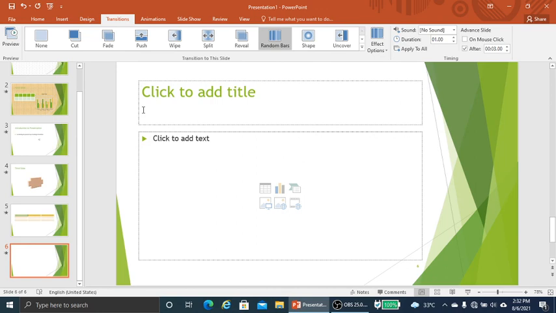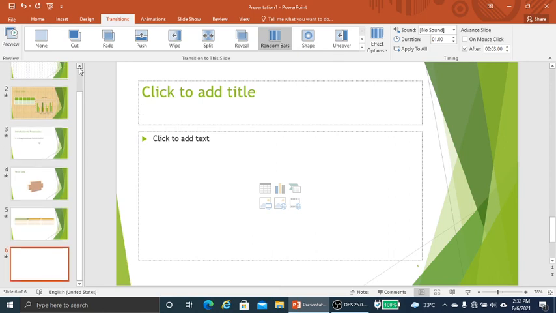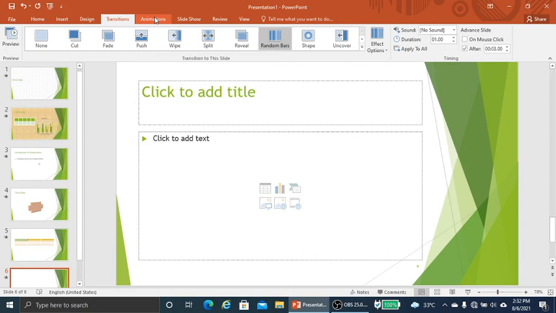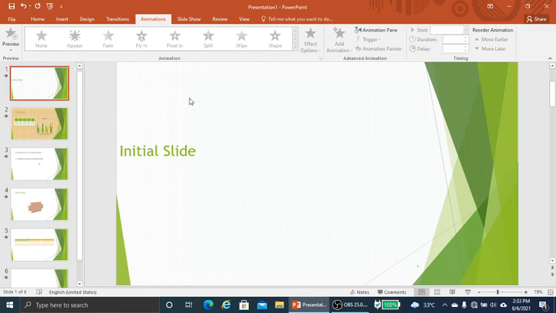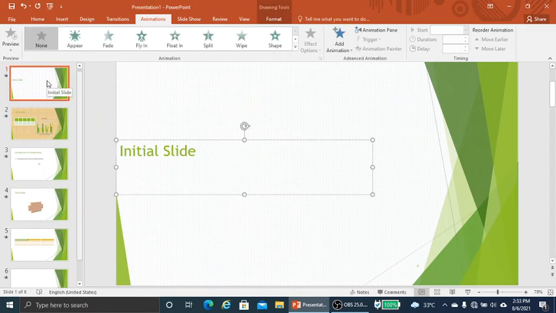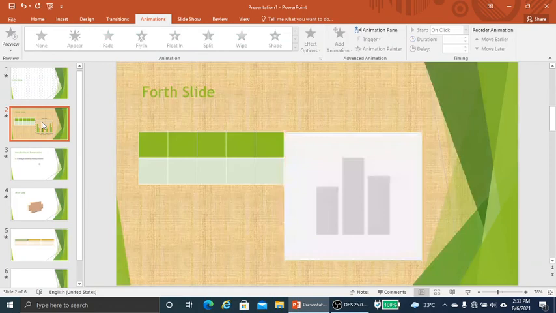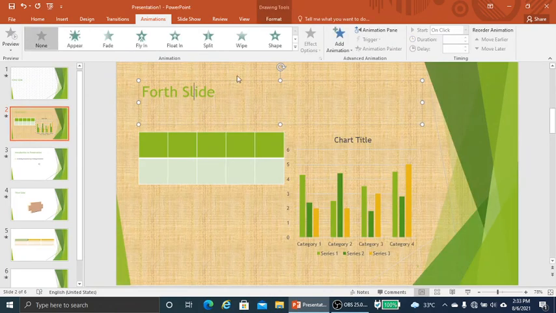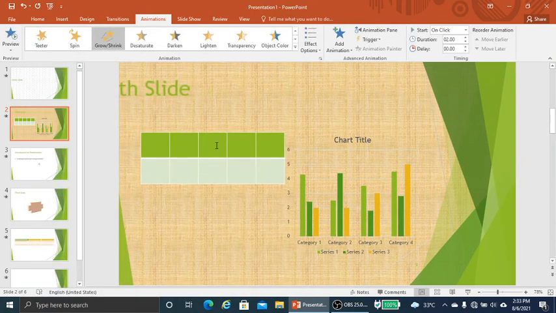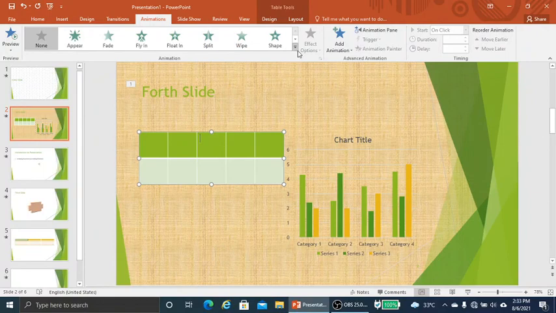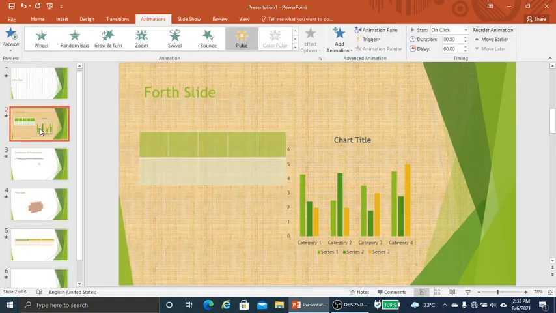And how to add animation? We click on the Animations tab, then choose an object on the slide. Basically, transitions are applied to a slide, but animations are applied to an object of the slide. So this was the initial slide. If I do it like this, with a shape, see how it comes. Now go to the next slide. This particular text I want to shrink. This table I want to come like this, pulse.